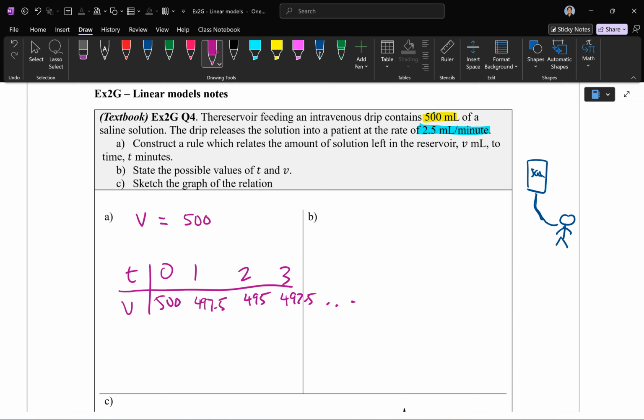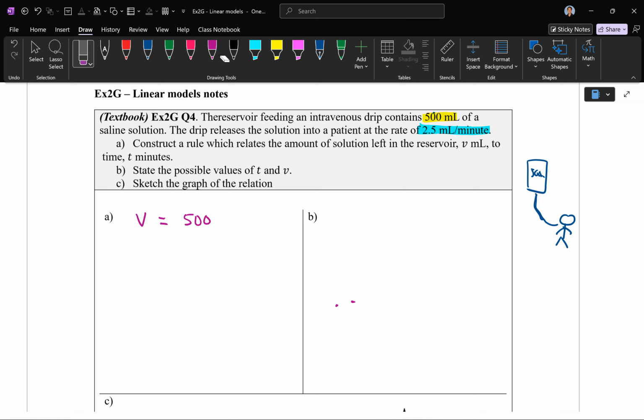Right? And what you did back in year 7, 8, 9, and 10 is you take these as your coordinates, have a graph, volume is your y values, or your dependent variable, and then t is your independent variable, so you would have t starting from 500 mils, and then you sketch. You plot the points, 0, 500, 1, 49 something, but we're not doing that anymore. We're not in year 7, 8, 9, 10 where we have to do X amount of points. You only need 2 points to sketch a straight line. So now that you've got the general idea,